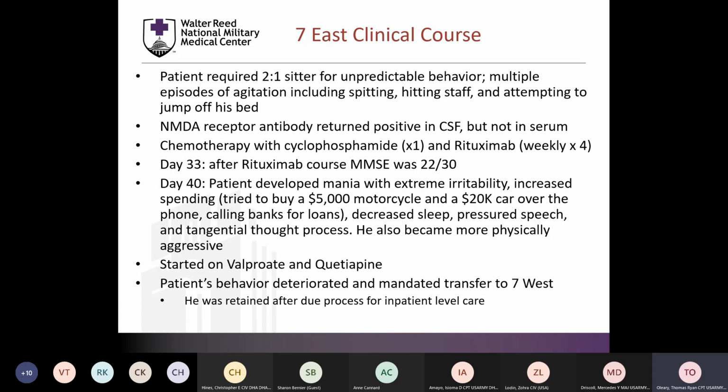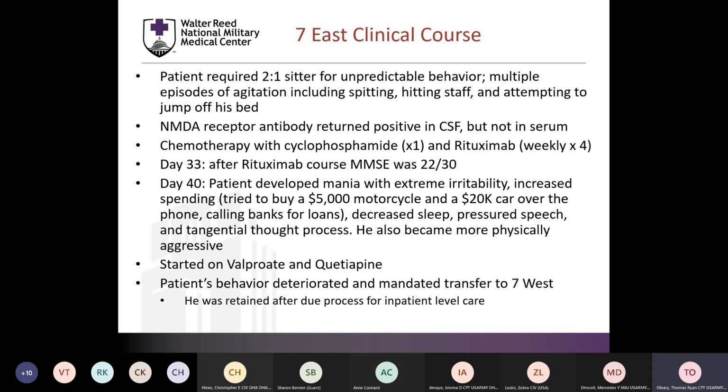He improved significantly. He went from being essentially unable to cooperate with a mini mental status exam or being non-responsive to questions to scoring 22 out of 30 when he had completed the rituximab course and the cyclophosphamide. But then about a week after the rituximab ended, he became floridly manic. And he became so behaviorally unstable, we had to have him on 2-to-1 observation, and he was requiring frequent IM,